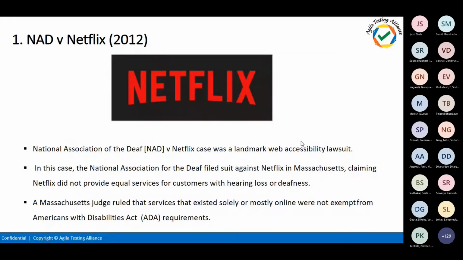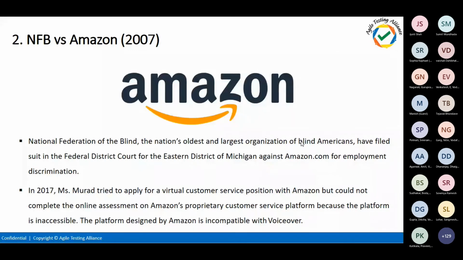And the next one is going to be our biggest one, Amazon. When it comes to Amazon, lots of people, blind people especially, weren't able to purchase the product in Amazon or place an order. So Amazon was also sued by the Federation of the Blind.